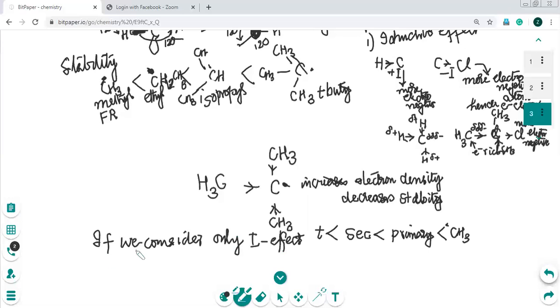Now let me underline this. Don't get misguided. Now, if we consider only minus I effect,